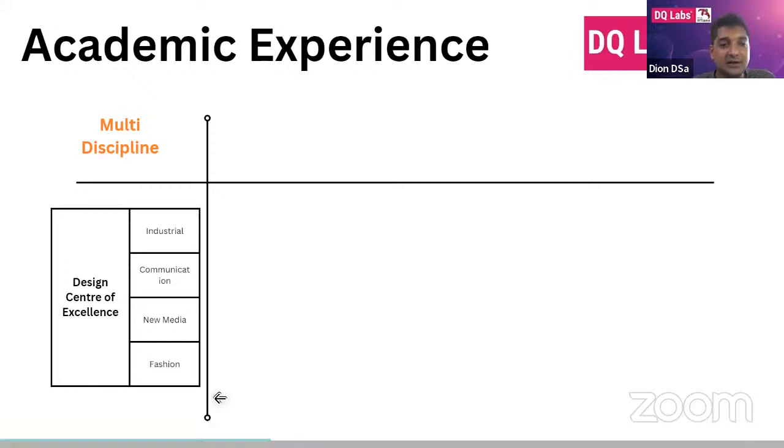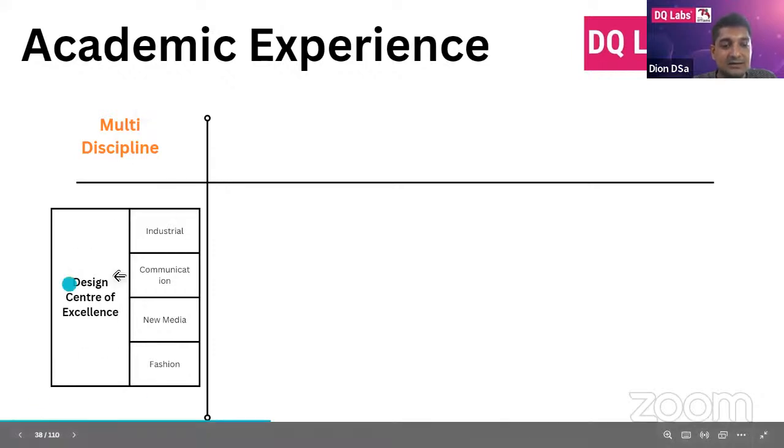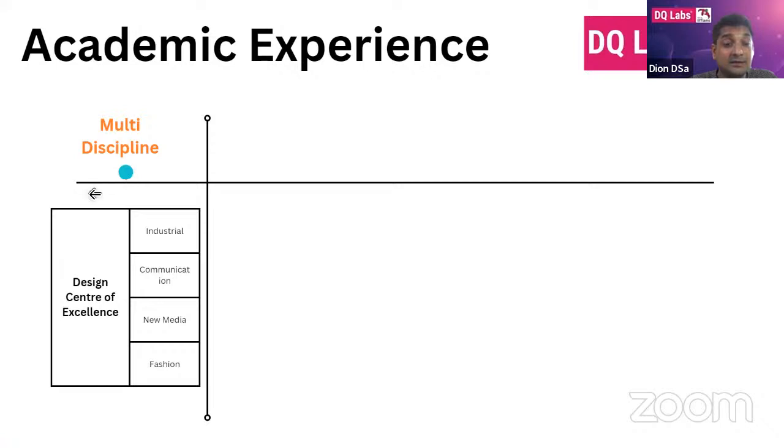Okay. So the first ideology is the multidisciplinary ideology. So what does this mean? This means the school of design, it could be an independent school just offering design, or it could be part of a university. Irrespectively, their school is called a center of excellence. Now, this is a very key term that I want you to latch onto: center of excellence. And what I mean by that is that the school prioritizes the design.